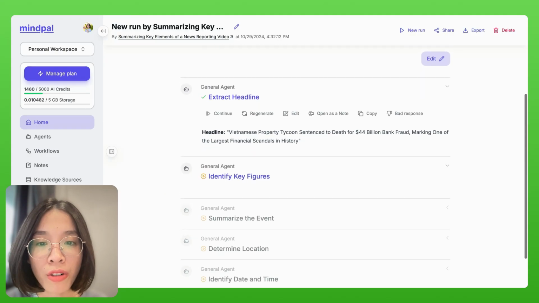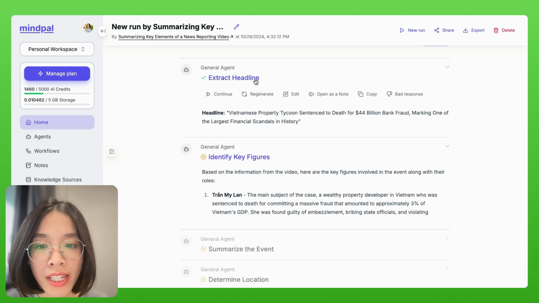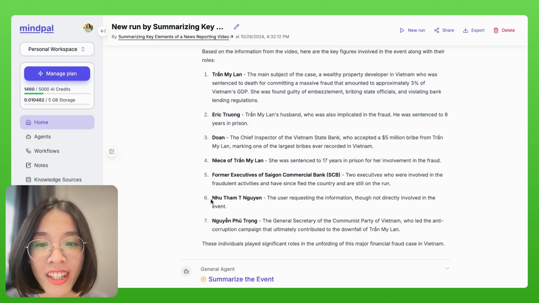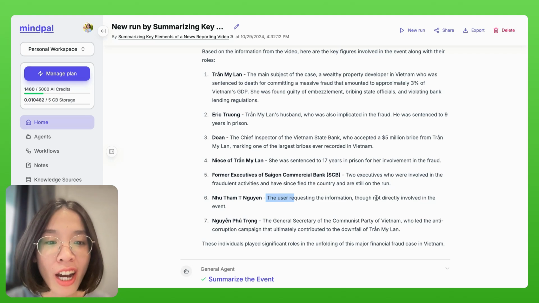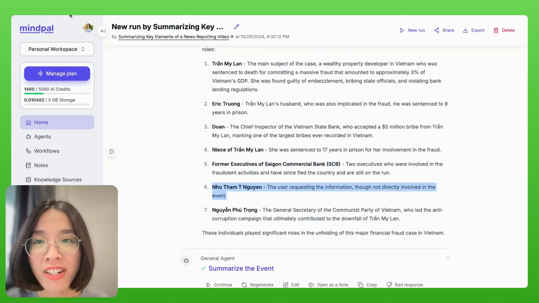This AI workflow will execute the steps exactly the way we want, from extracting the headline to identify the key figures here. Actually, this is wrong. It doesn't have to report this, but it understands that this is the user requesting the information, is me, not directly involved in the event. You can also customize the instruction a little bit to ask it to only report on the key figures directly